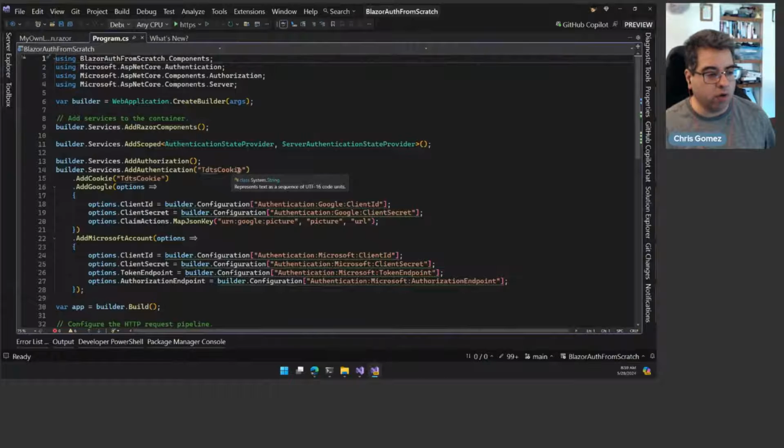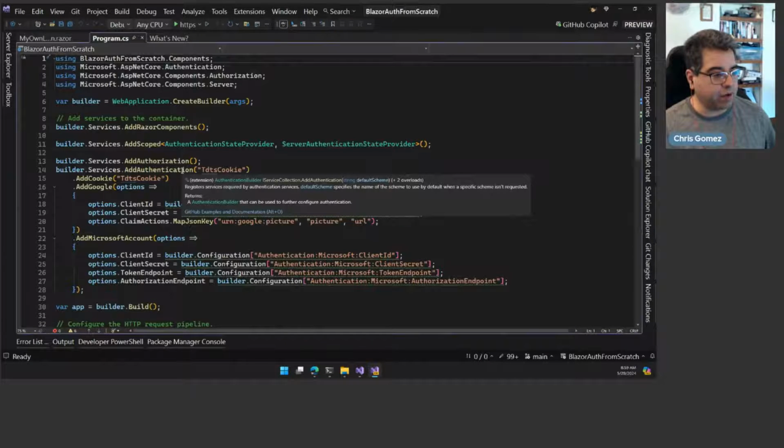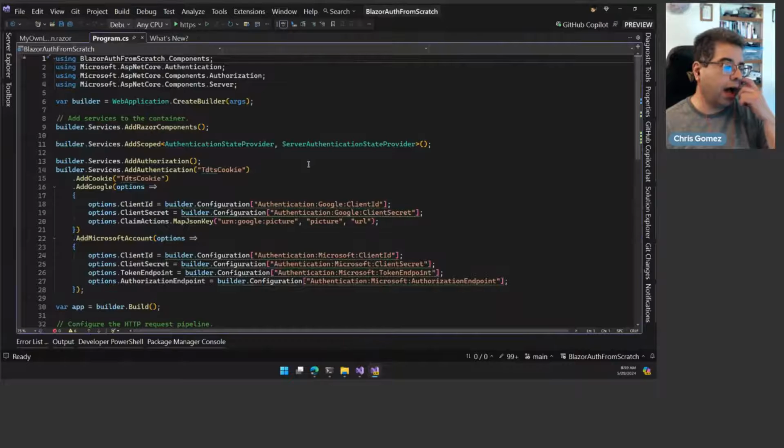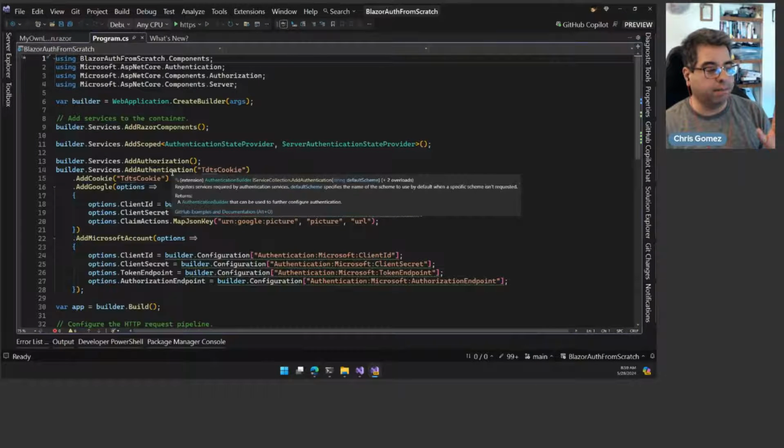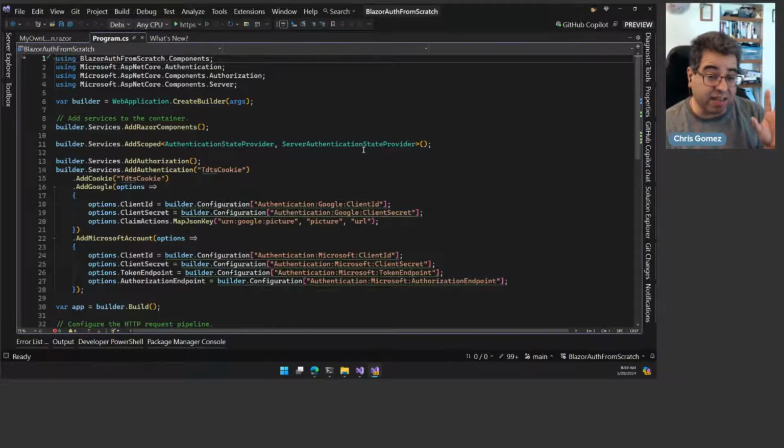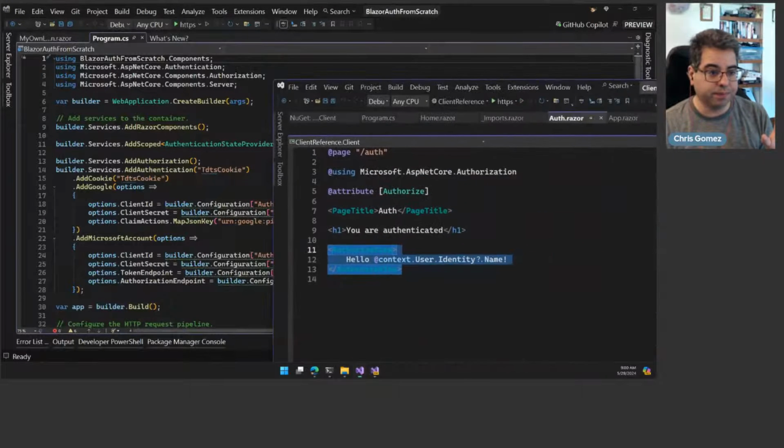I don't know that I really have to add the default scheme. I don't think that's the issue. I think the issue might really be that on the server side, you might not need all of those providers that we're seeing in Add Authentication Core. So when I open, now this is a different app. I know we're hopping around from a lot of different implementations. This client reference that I'm about to bring over,